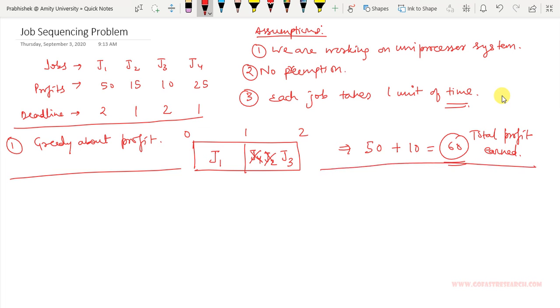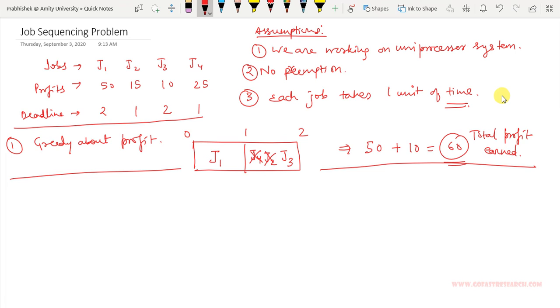Okay, so this is one of the feasible solutions. Is this the best solution? No, this is not the best solution. We have to find the optimal solution, because a greedy algorithm is all about calculating the best solution. We will have multiple feasible solutions, multiple possible good solutions, but we have to extract the optimal solution out of those feasible solutions.